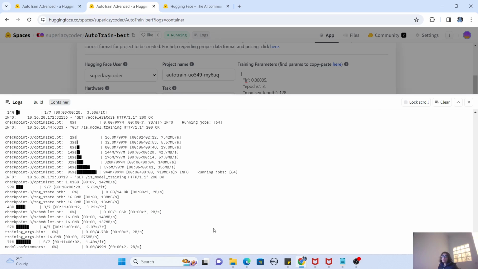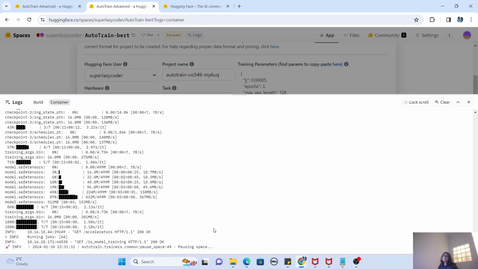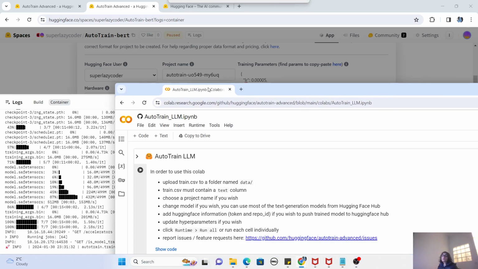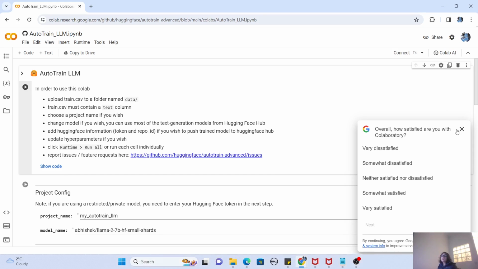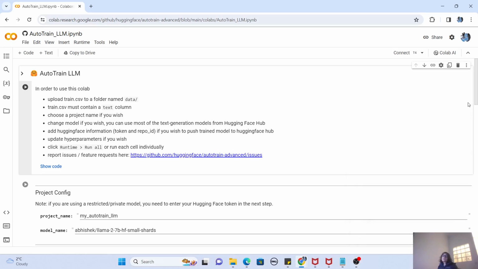Okay, so while this is still running guys, I'll also introduce you to something called the Autotrain Python API, which you can use if you actually want to auto train your model, but not with this user interface, but maybe with the code. Okay, so if you are a developer guys and you want to auto train using some script, maybe you want to automate it, or it's just your choice, then you can do that with the help of